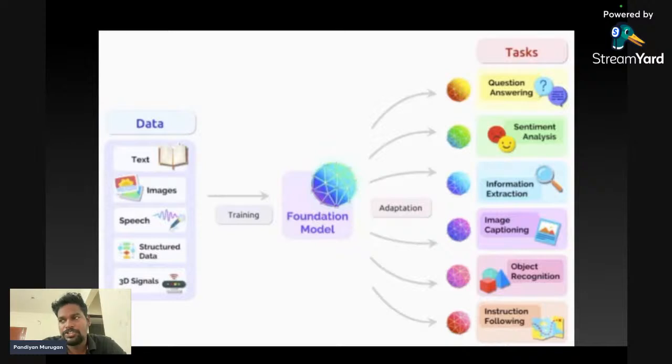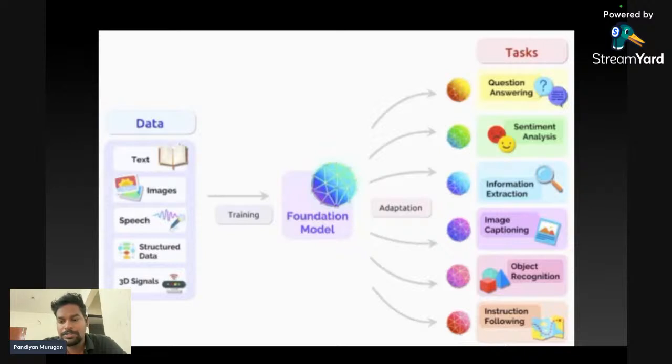We mainly use it for question and answer, like what is the largest number in this set, or sentiment analysis, given a tweet, whether it is a positive tweet or a negative tweet, those kinds of things. And image captioning, for example, when we post a picture of a cat, seeing whether the model is able to identify whether it is a cat or a dog, a kind of object recognition,